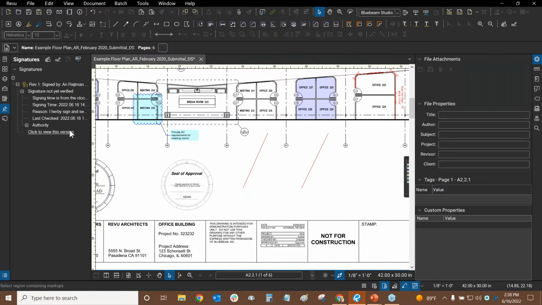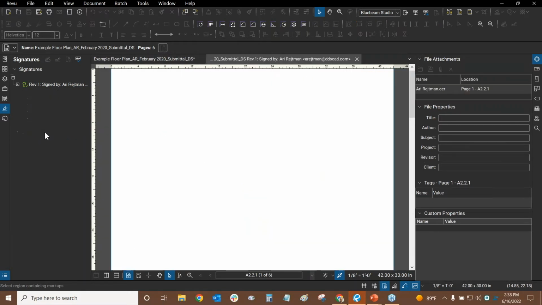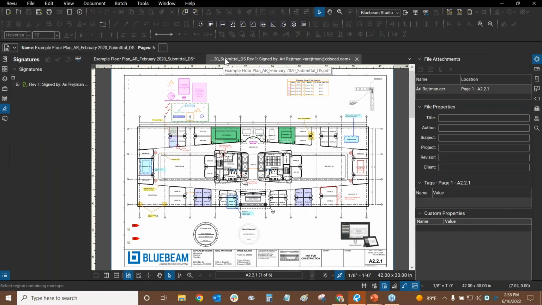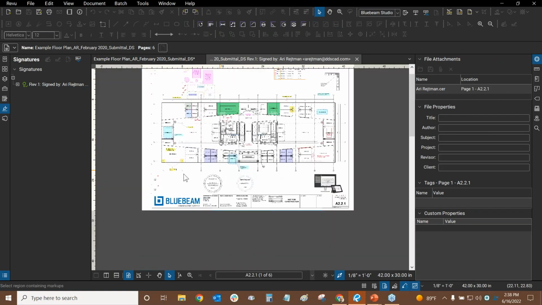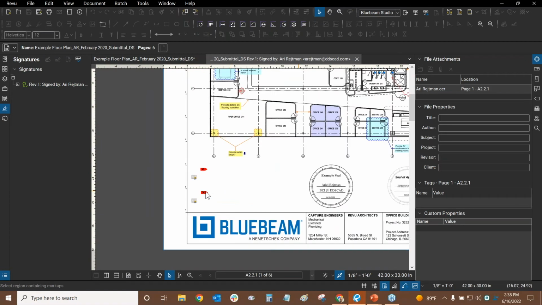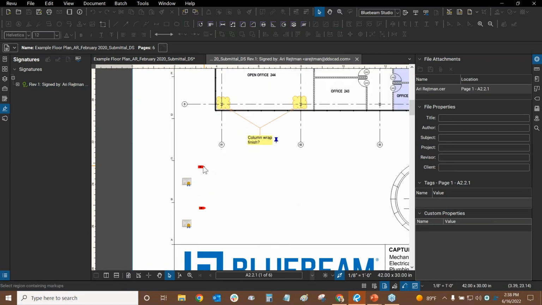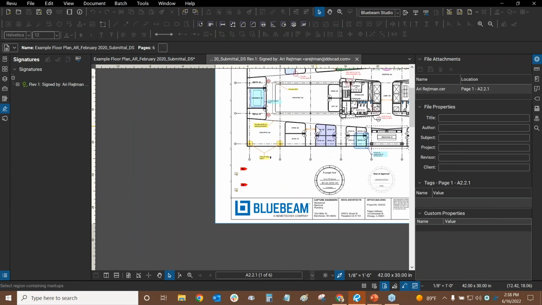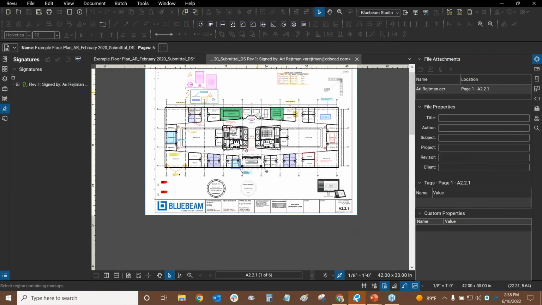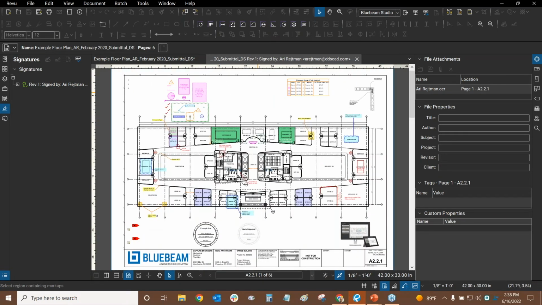Click to view this version. If I click on this, it now opens up my file with a slightly different name. It actually uses this file name here, and then it says: signed by me and my email, which is wonderful. So this file has no extra markups on it. Even the signature fields are basically not there. You can see the little red X's there, but you can't fill them in. This means that this version of the file is the official version that can be submitted without any changes, and